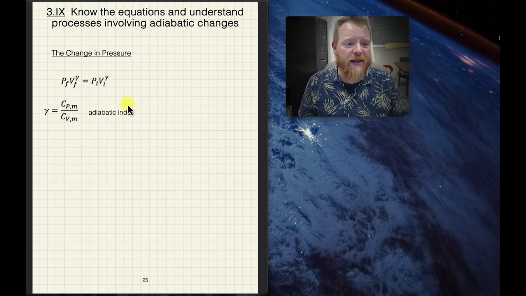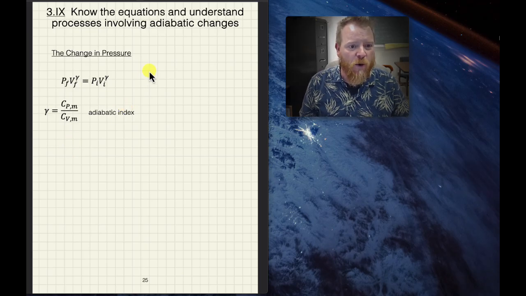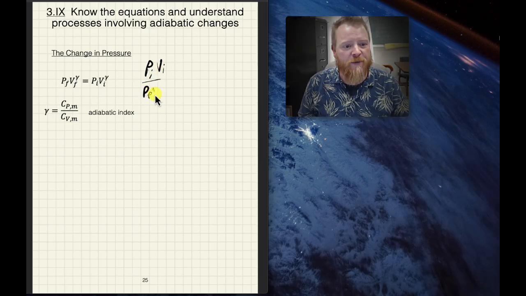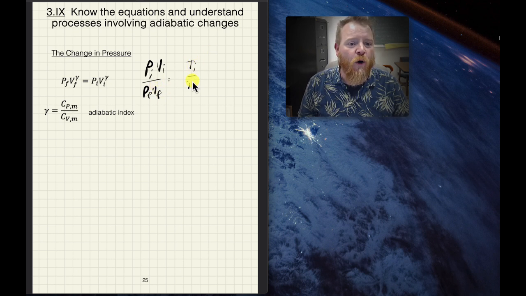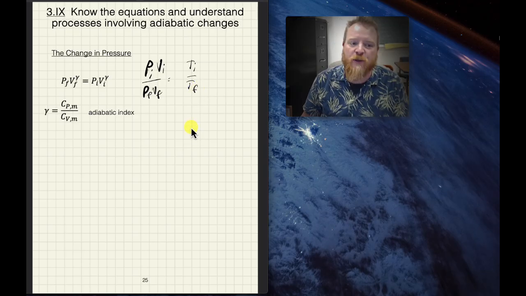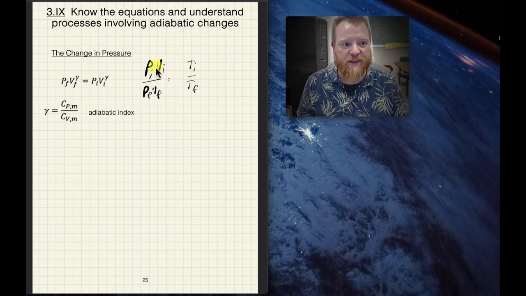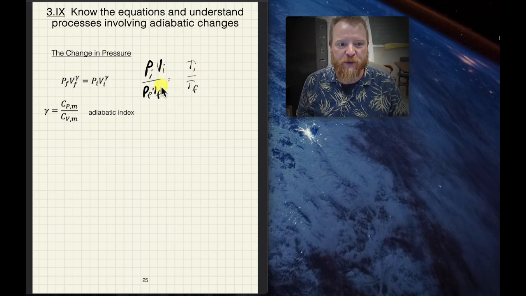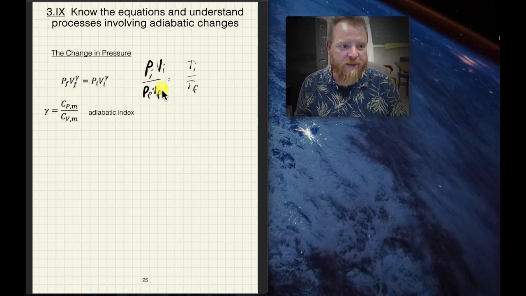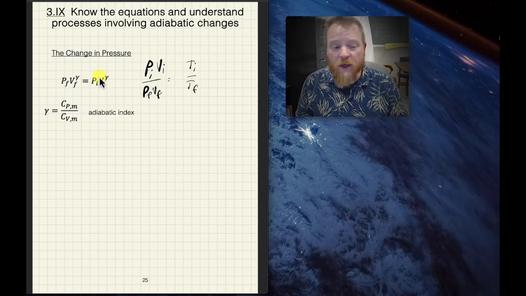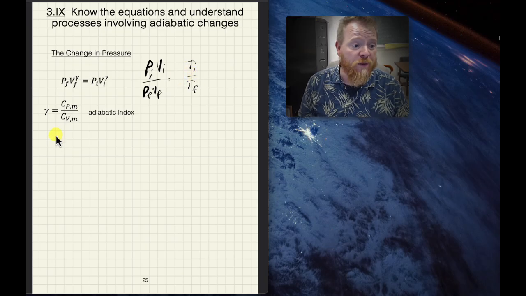So setting up the ideal gas law, we can say the following. We're going to note Pi Vi over Pf Vf has to equal Ti over Tf. So we're taking advantage of some gas laws here. So we've eliminated N and R because we're assuming those are constant. And so this is going to allow us to think about temperature and volume changes with respect to this adiabatic change. So we already noted, though, that that ratio Ti over Tf